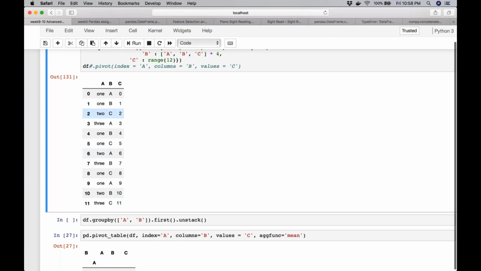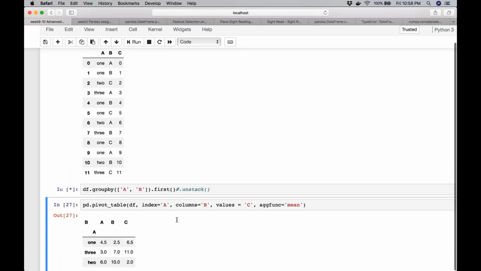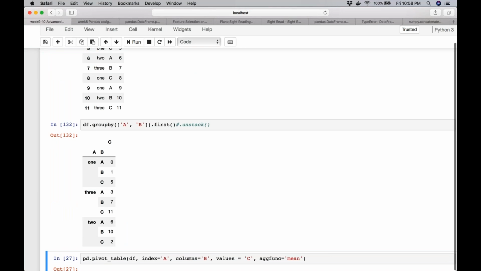We cannot do that for this particular data frame, right? So first we need to aggregate. And how do we aggregate? We can always use the group by, right? The function, of course, depends on your data and what you want to do with it. So let's say I group by A and B, and I just pick the first value. I could also have said sum or the mean or the max or the minimum or whatever, but I'm picking the first value for every combination of A and B. So now it got rid of all the duplicates.